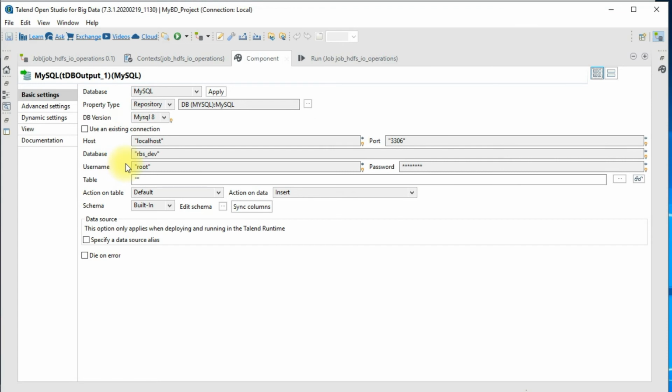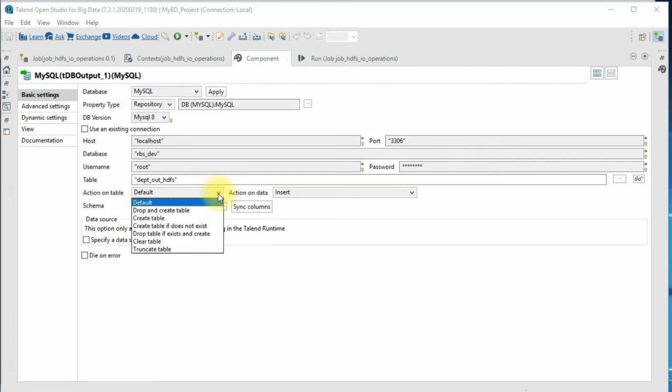Okay, so here are some of the options. You have even the option to use the existing connection if you are creating a connection. Right, you can do a whole lot of things, and for the target table I would call it department out HDFS. I would like to keep this table name. You can give a proper fancy name if you want.